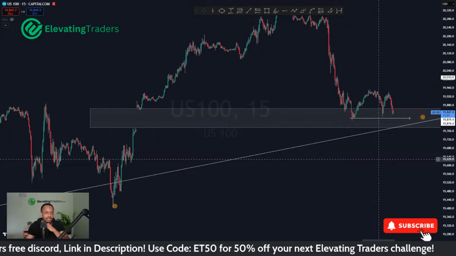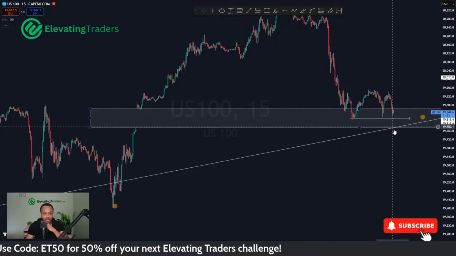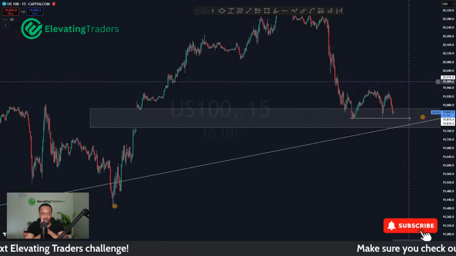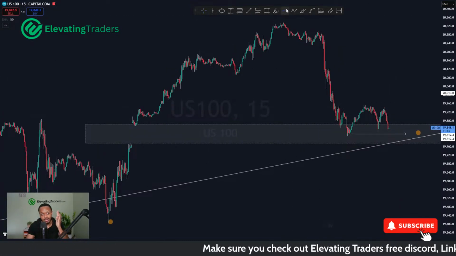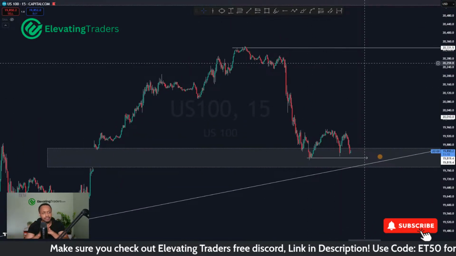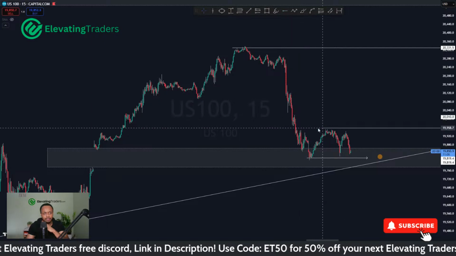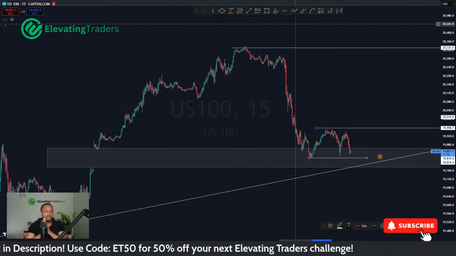If you could potentially wick through this or stab through this and then show some really strong signs of reversal, I think that would be a really nice buy to take for NAS. And you're positioned pretty well, because it could be a swing all the way back to the high. I'm not too sure if you look for such a big trade there. I think even a push back to here looks pretty good as well. Of course, not as big risk to reward, but realistic chance of us getting there.